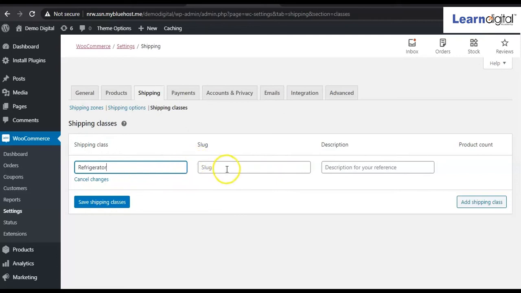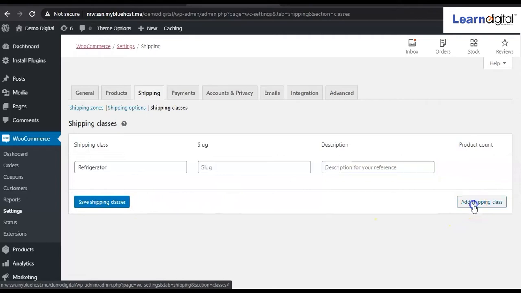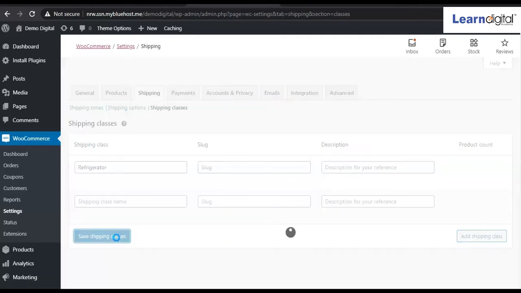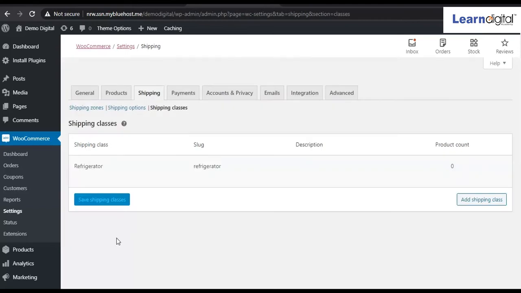And for slug, you can add the same thing, refrigerator, and the product count and description, if you want to write it down, you can write it down. Then click here, save shipping classes, or if you want to add more shipping classes, you can click on this and add, right? So that means you are showing that the particular product you are delivering to the particular location or to your customer's place as well, right?